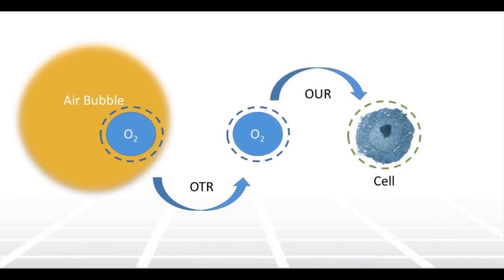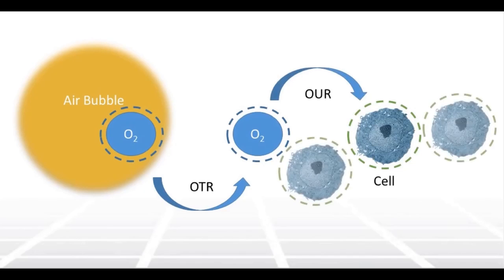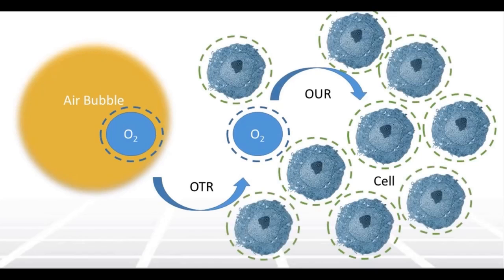Oxygen transfer rate is the rate at which oxygen is transferred into the medium as it reaches the cell mass, whereas oxygen uptake rate is the rate at which oxygen is being utilized by the cells to facilitate all